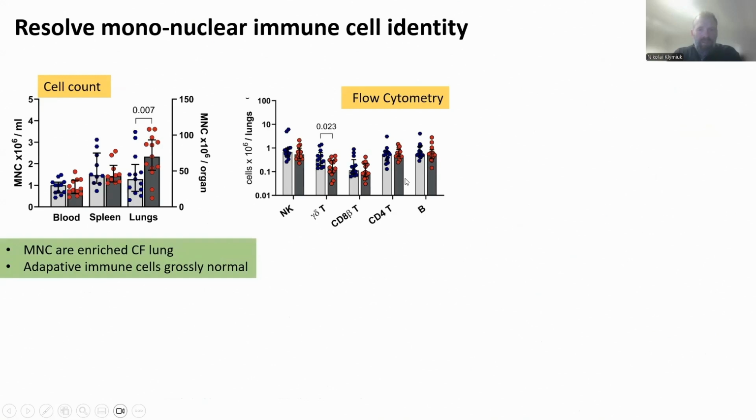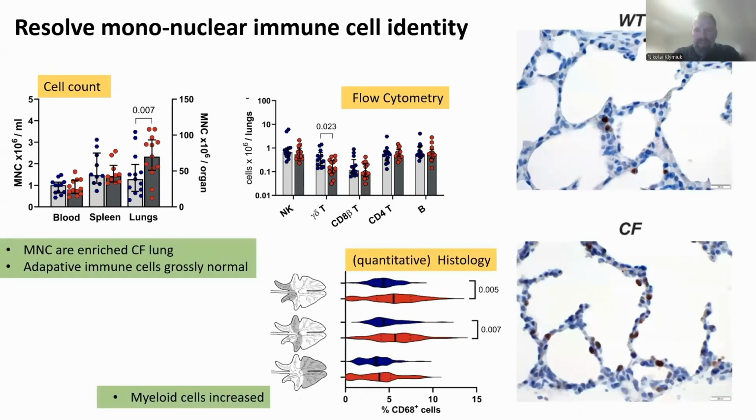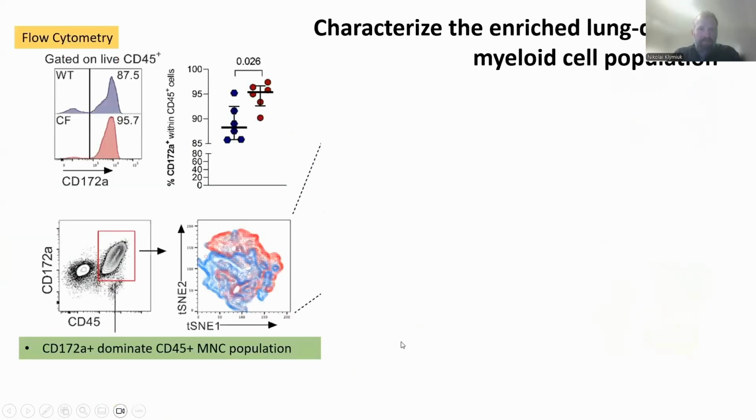The identity of these lung cells was unclear because adaptive immune cells appeared grossly normal. However, when we examined myeloid cells at histological levels, we saw an enrichment of myeloid cells in the interstitial space, mainly in the upper airways. When we explored it in more detail with conventional flow cytometry, we saw that these mononuclear cells almost completely showed